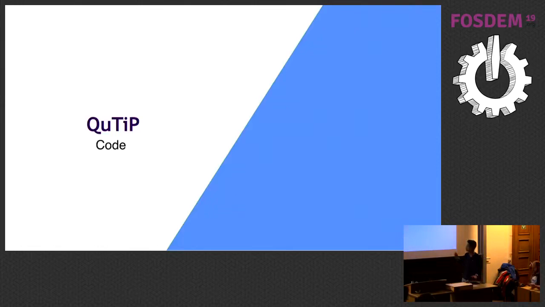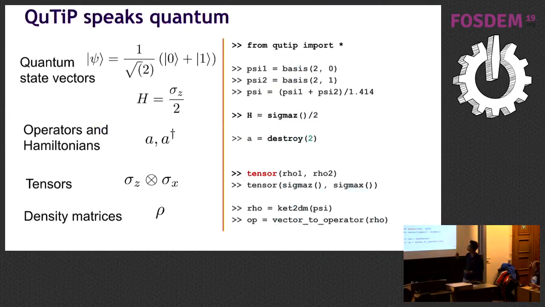So this is the code part of QuTiP. And QuTiP speaks quantum. What do I mean by QuTiP speaks quantum? Because underlying all this quantum physics is just linear algebra. So if you have matrices, tensors, multiplication of vectors and matrices, you can do quantum mechanics. But then it becomes maybe troublesome every time to define everything. So QuTiP has very tuned structures which you can use to just build up your quantum system immediately. So you can build up a state vector with which you can describe quantum systems.